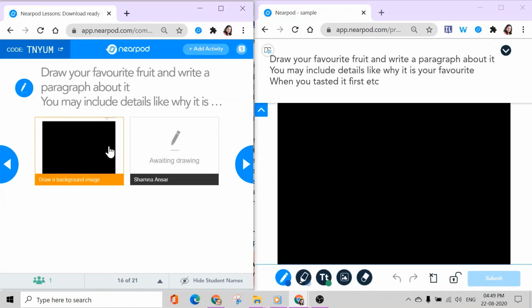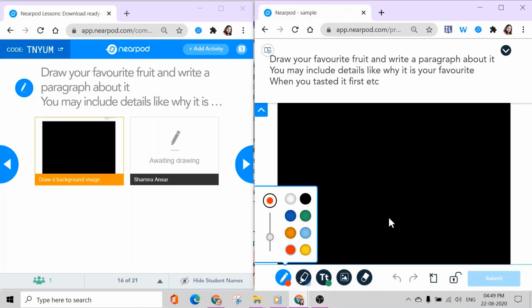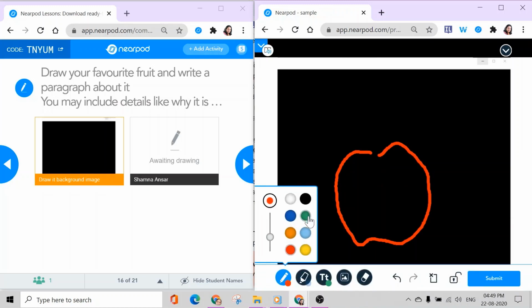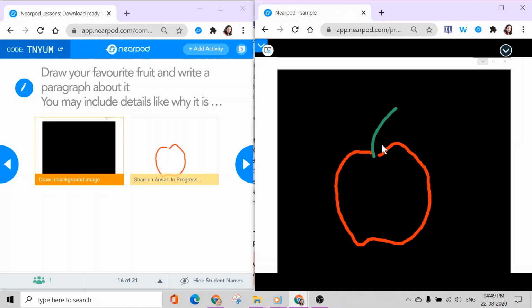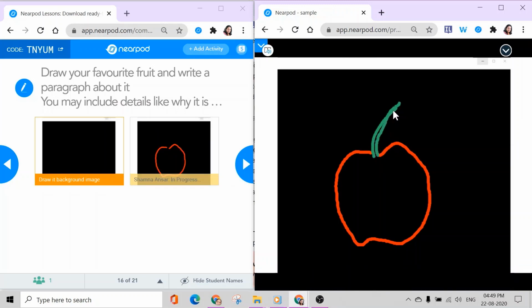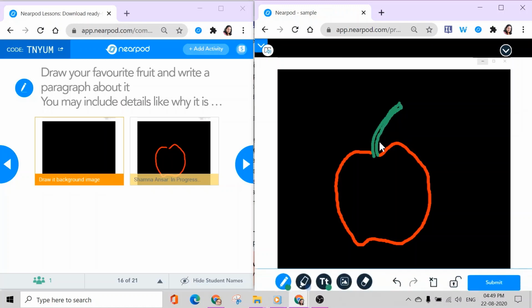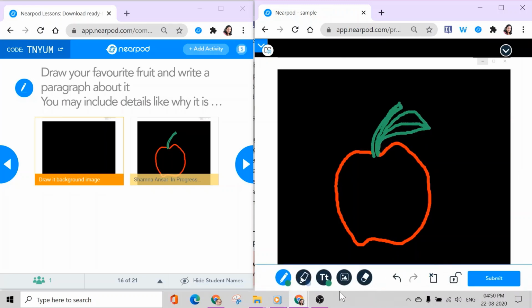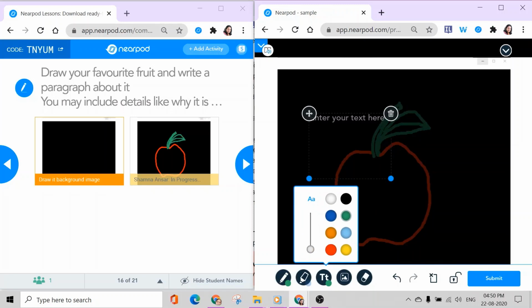Draw your favorite fruit and write a paragraph about it. You can include details like why it is important and everything. Okay, now the learner can pick something and start drawing like the favorite fruit. So it's apple, and the learner can write something like